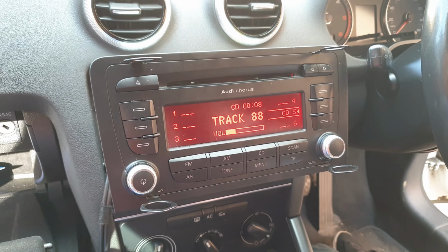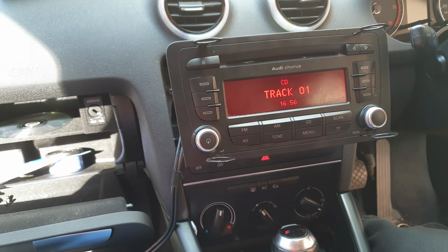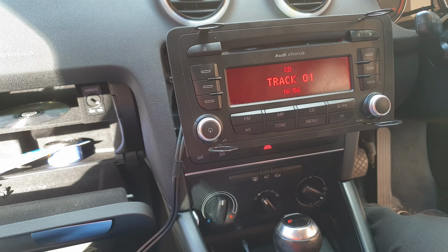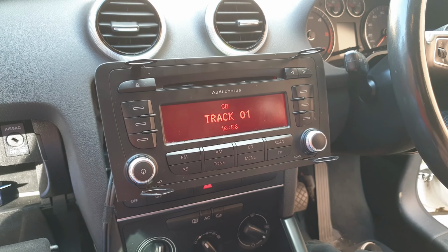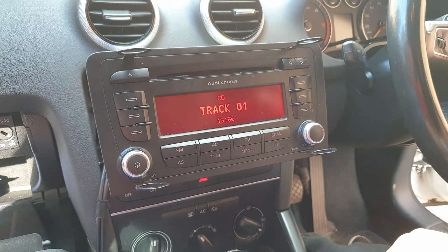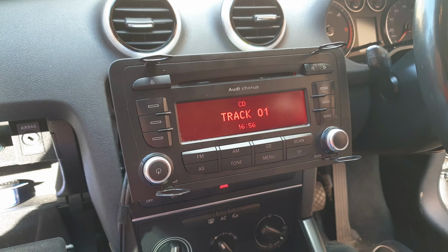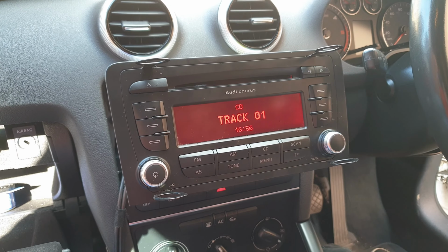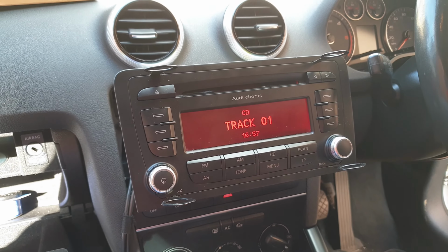If it says track 99, hold on, let me just press stop. What did you want me to press? Okay, so when you've turned it on, when it's powered on, it will say track 01. Then you need to take your Bluetooth phone, turn on Bluetooth, make sure it's in pairing mode, and then in the list of devices, it should come up as car kit, and then you should be able to connect